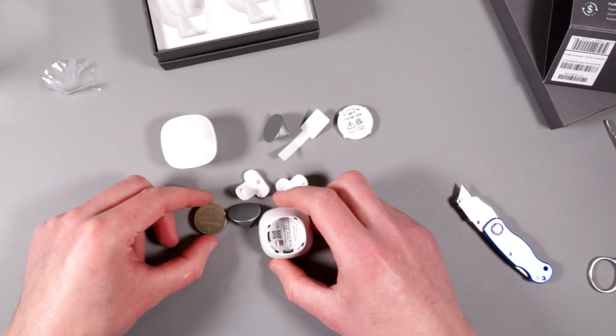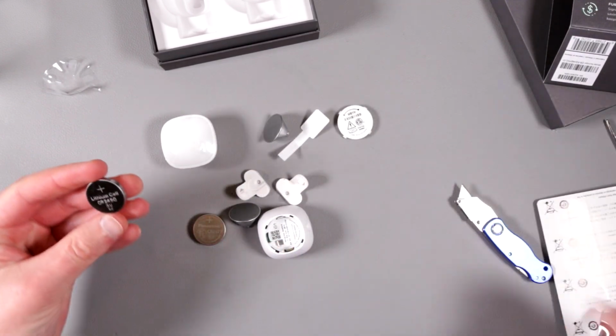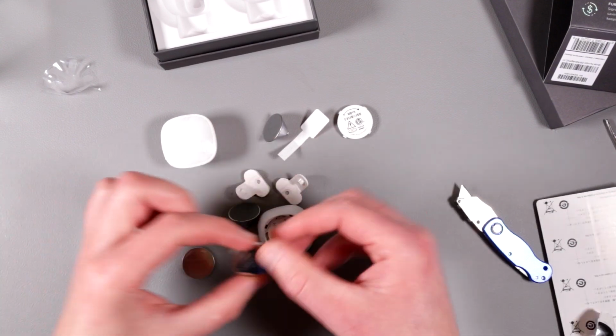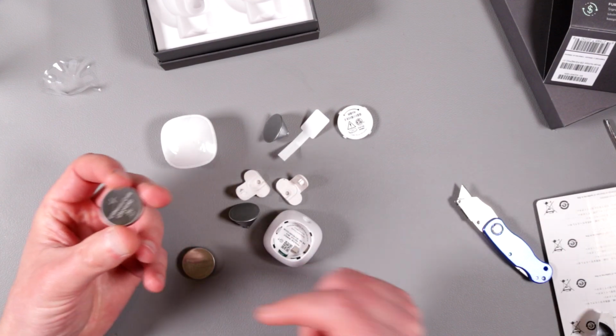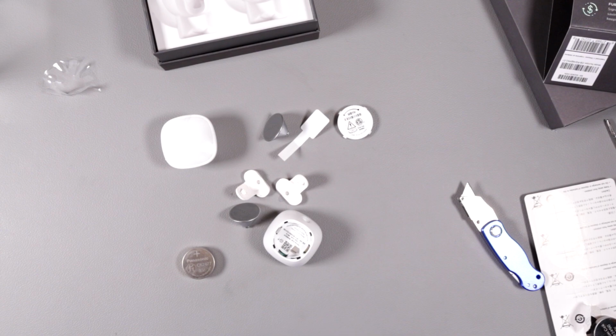I'll show you what I have. Yeah, I have these guys, which are 2450, and this one is 2477. So technically this will fit, right? But I need to prop it with something. So technically this will fit. So I have a bunch of replacement batteries for...